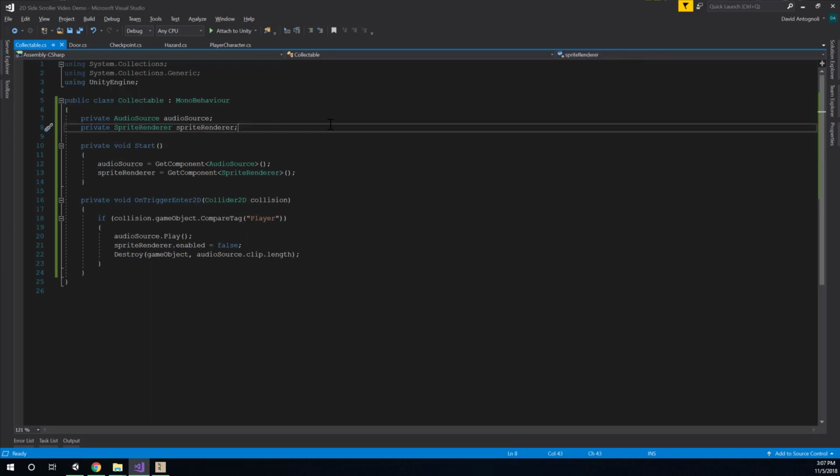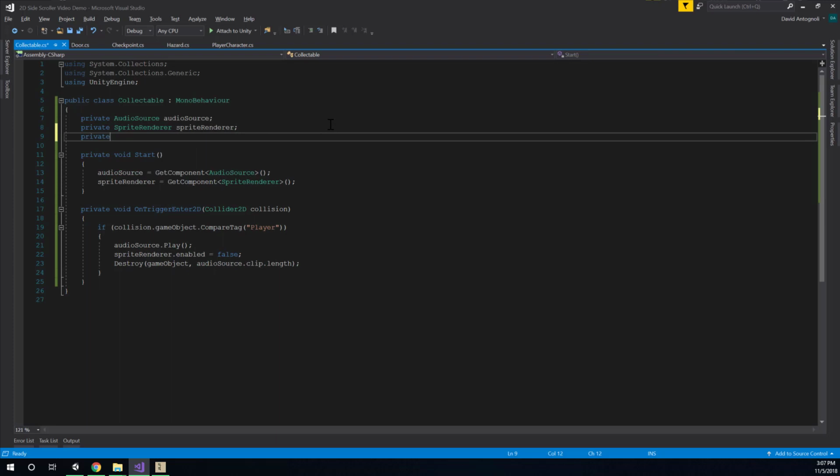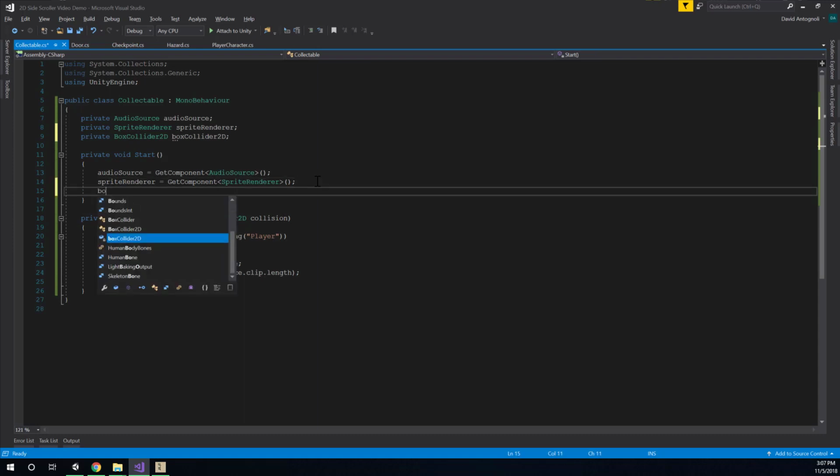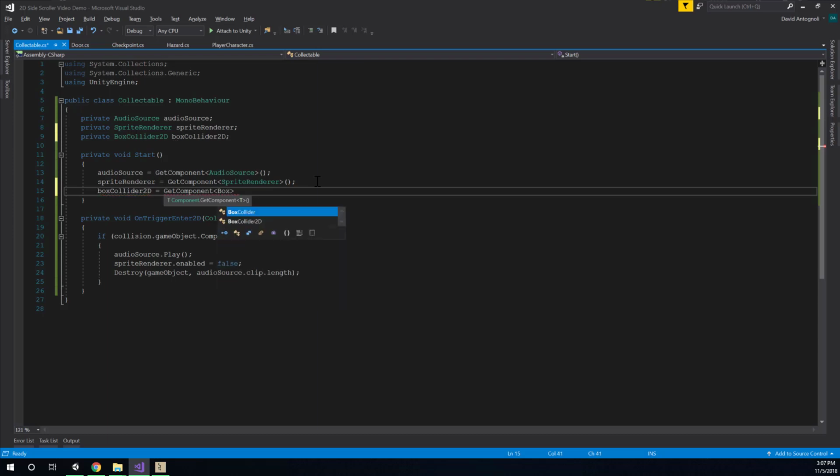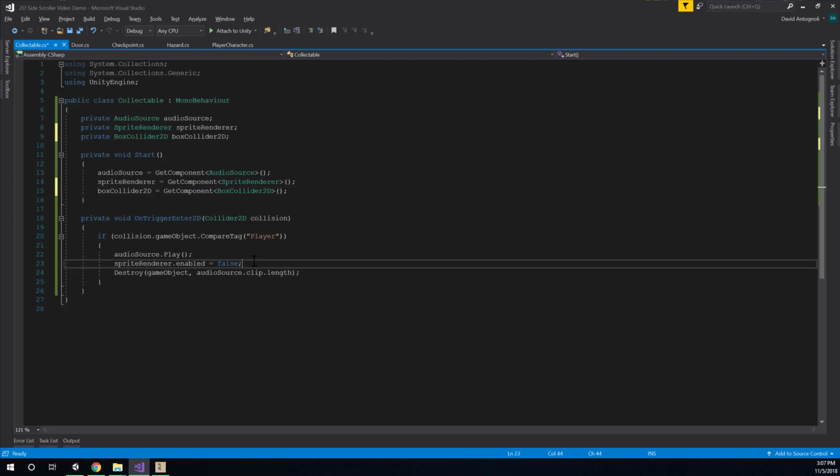So we will just do the same thing. We'll make a private variable this time of the type BoxCollider2D, and we'll name it boxCollider2D with a lowercase b, and we will initialize it in Start. So boxCollider2D equals GetComponent<BoxCollider2D>(), and then right here where we're disabling